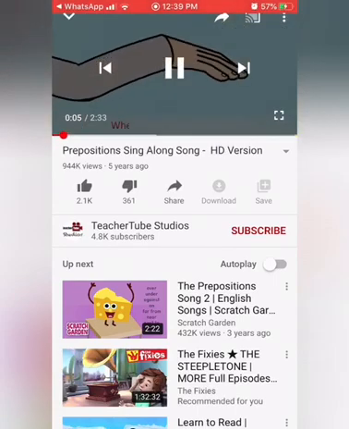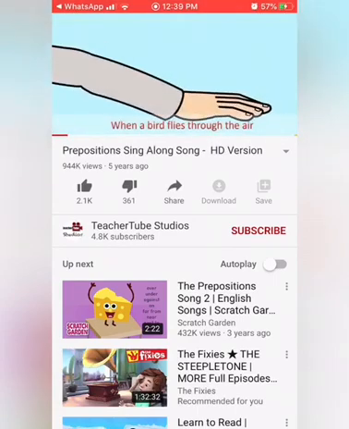When a bird flies through the air, the word through is